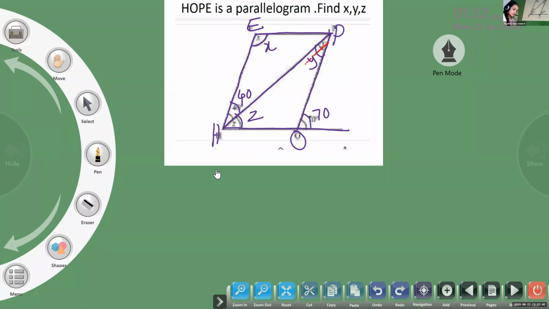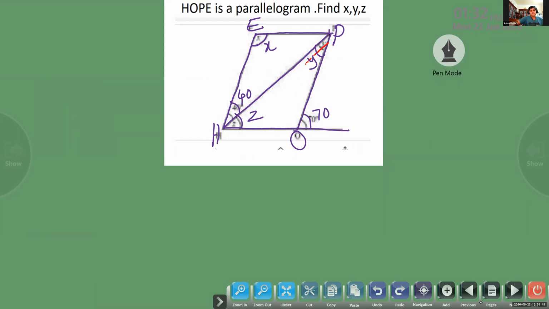Shall we start? All of you draw? Yes. So, Y is equal to 40. Who said that? I'm Ashmit. Ashmit, correct. What is the reason? Alternate interior angles. Yes, correct. We can write angle Y equal to 40 degree. Very good. I think you understood what is alternate interior angles. Write the reason: Y equal to 40 degree, alternate interior angles.